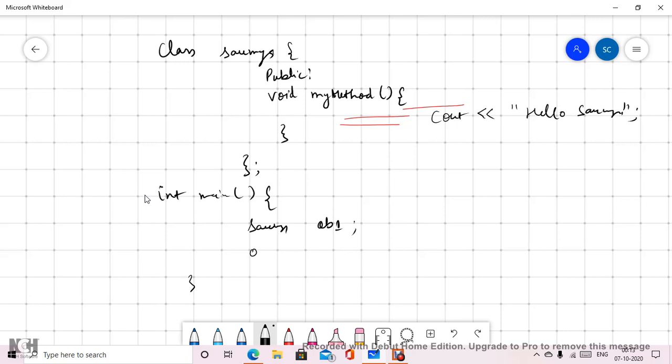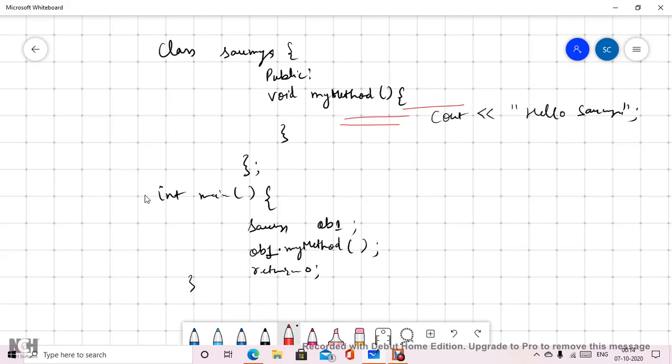Now I can call object 1 dot my method, which I have written there. Okay, and we write return 0 because this function is not returning anything.